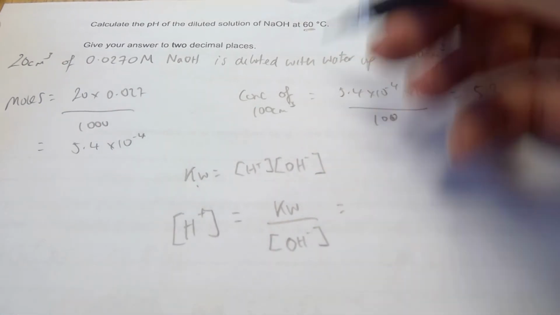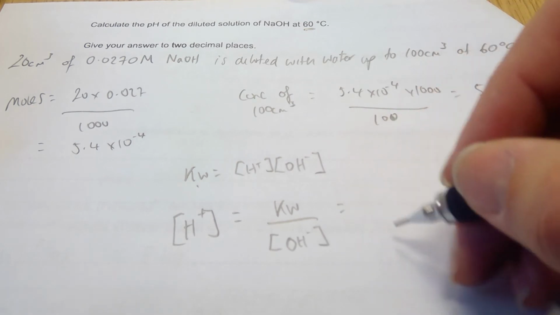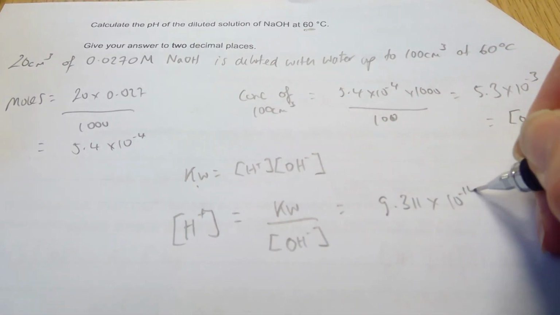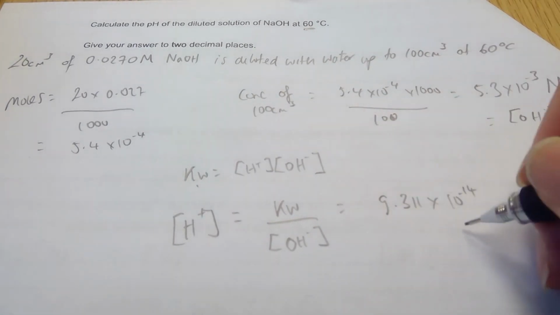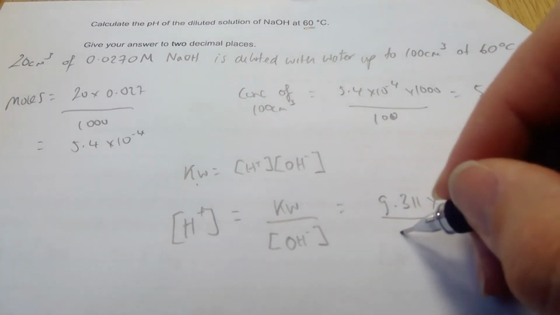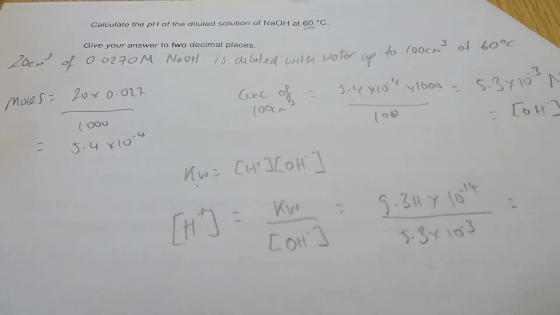Now remember Kw at 60 degrees was on the previous page, and that was 9.311 times 10 to the minus 14. So actually you can't use your pOH one so much for this one. It's best to use this. Okay, 9.311 times 10 to the minus 14 divided by 5.4 times 10 to the minus 3, which equals